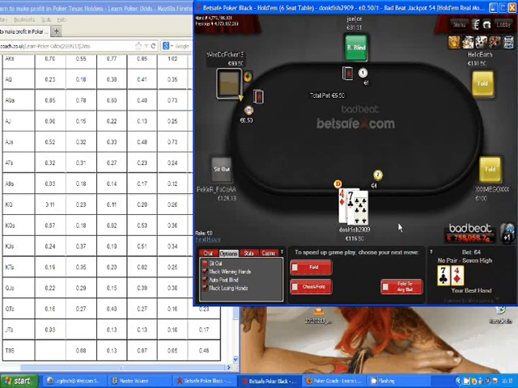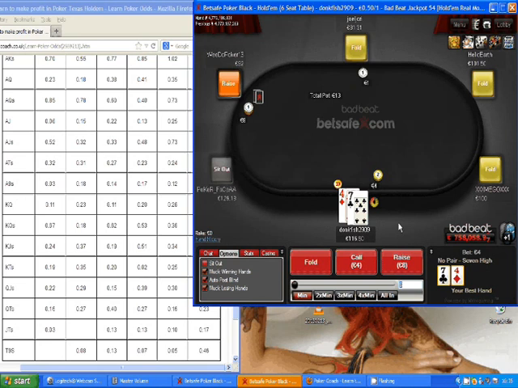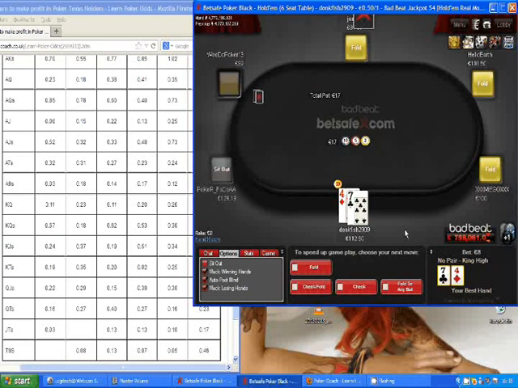Now I've already committed to the pot. I've got another 4 to call, so I'm going to call it because the amount that I need to call to flop is a small amount relatively in terms of what I've staked, and I'll know exactly where I am after the flop. If this gets checked down, then I'll bet it,